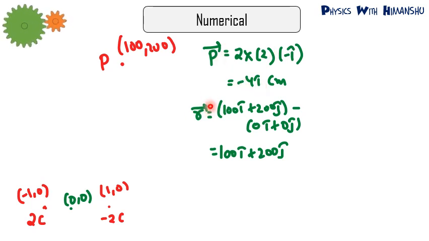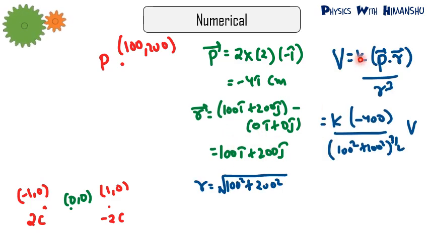How to find R vector? R is basically position vector of point minus position vector of center. So position vector of point is 100 i cap plus 200 j cap minus position vector of center. Center is 0 i cap plus 0 j cap. So R is basically 100 i cap plus 200 j cap. Now putting the formula of potential, the potential is basically K P dot R divided by r cube. We have K, we have P, we have R, and we have small r also. That is magnitude. So magnitude is basically root of 100 square plus 200 square, and putting all the values